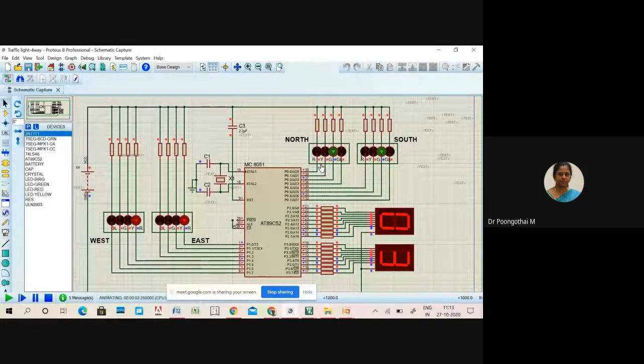South green and north green LEDs are turned on, and east and west directions are stopped by red. So this phase will stay on for 50 seconds. First the MSB remains the same, and I'm changing the value of the LSB from 0 to 9. After reaching that, the MSB is changed, and this value will be changed from 1 to 9.